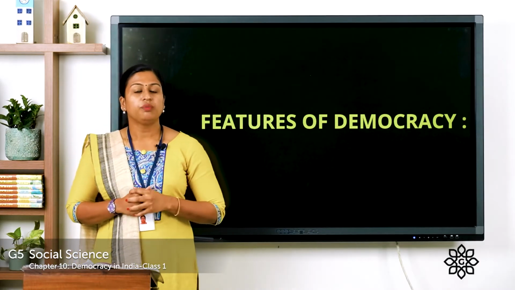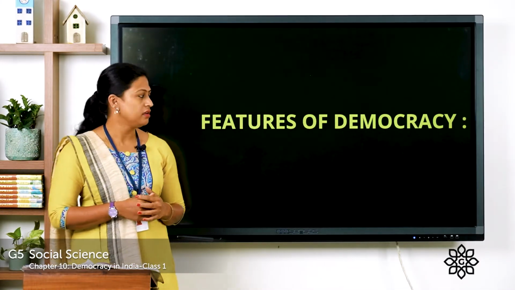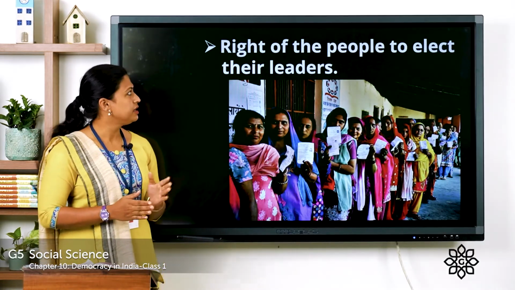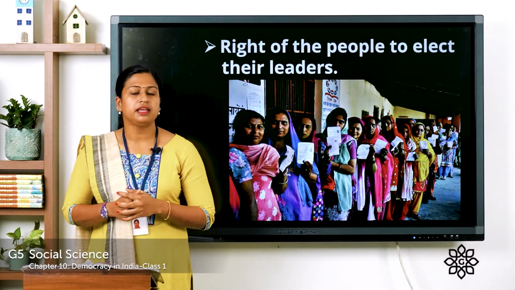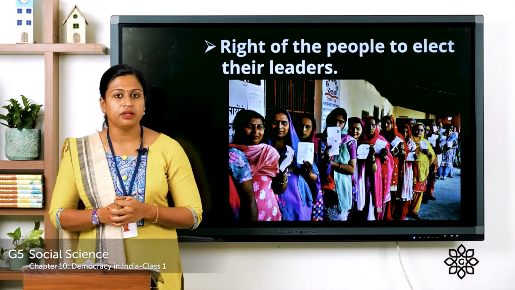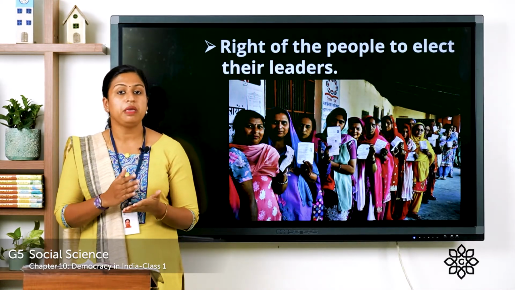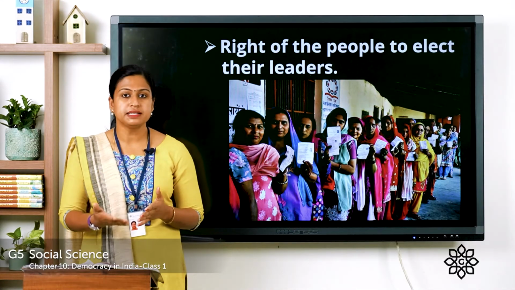Now here we are going to discuss some of the features of democracy. So the first one is the right of the people to elect their leaders. We have already discussed that India is a democratic country. That means democracy is a system of government where people have the right to elect their representatives who represent them,